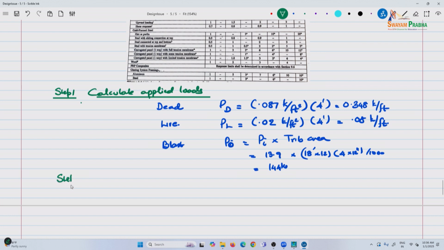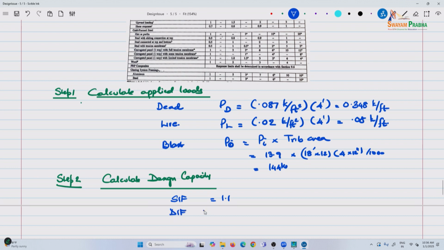Then next step is we calculate the design capacity. So, SIF equal to 1.1, the DIF is 1.19 for flexure. So, Fy dynamic is SIF